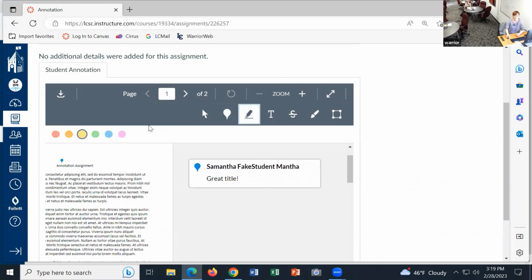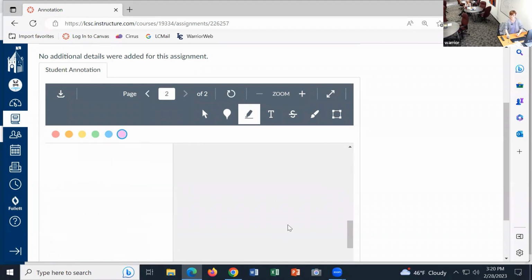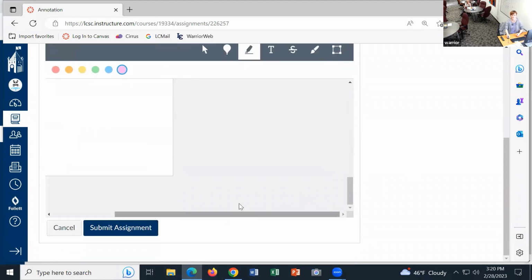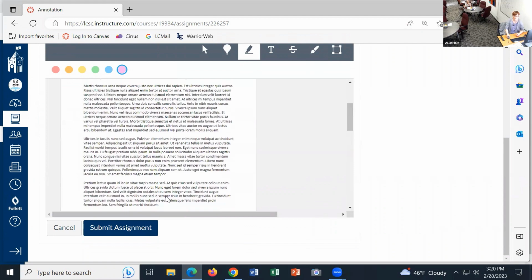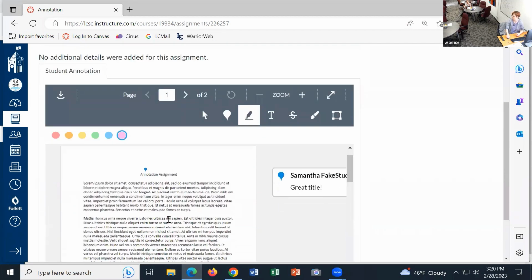I can use the highlighting tool, and I can even pick different colors of highlighting. So you can have them highlight multiple different, where's my scroll bar? Are these the same type of annotation tools we have available if they do file upload? Yep. Okay. That has not been a setting that was on a lot of my things. I have a lot of text entry. And yes, text entry doesn't let you use these tools at all.